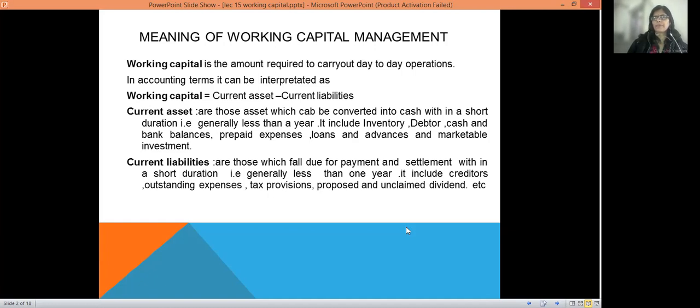Here we can take the example of any business. Just like if you are running a hotel and the expenses related to the material which you are going to prepare on daily basis, that is related to the dishes, that is your working capital expenses. And the day-to-day maintenance of the hotel, that is related to your working capital expenses. And the infra which you are already having in the form of building, so that is your fixed asset. These are your fixed assets. But in order to run the hotel, you have to focus on whether you are able to bear